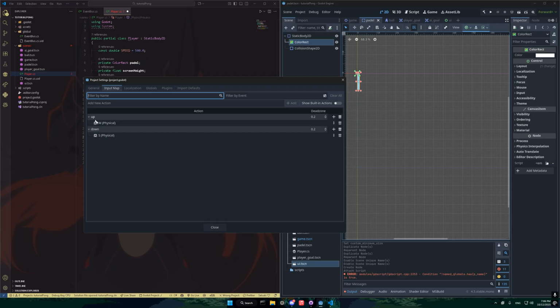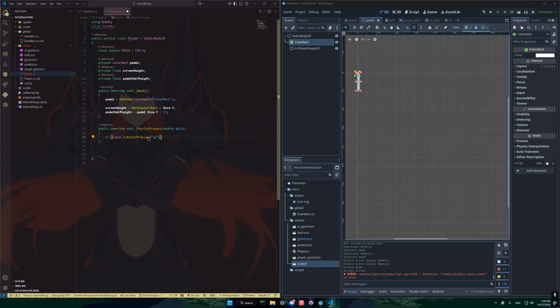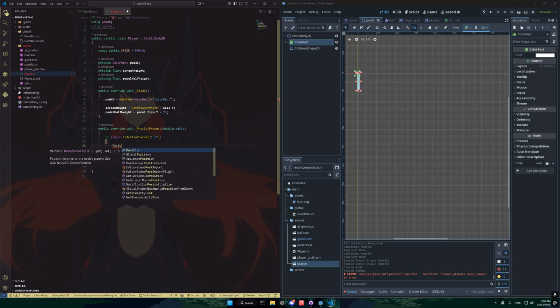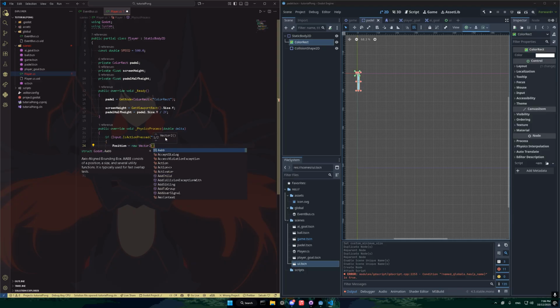So that up right there is what we're using here, up. So if action presses up, we need to make sure we move our position right up. So position equals new Vector2. Vector2, by the way, is essentially like coordinates in Godot. Yes, they are actual vectors, but certain things like position are seen as vectors, even though that might not exactly fit a vector